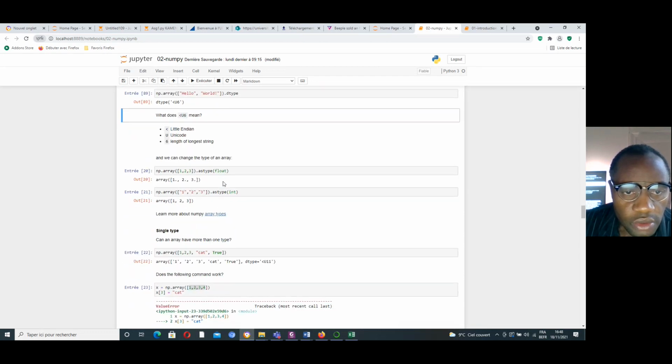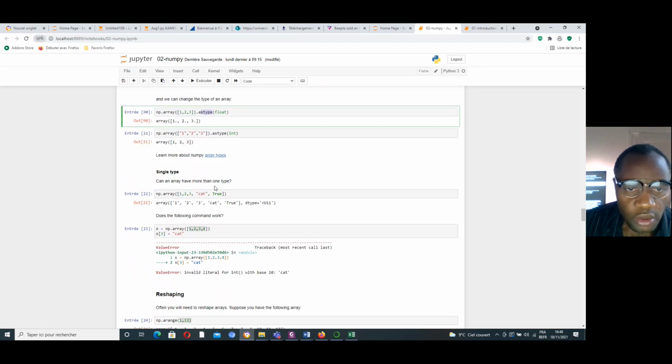Here we need to apply the function astype. Here's the float. When I execute it, I get this one. There's no problem. I can transform the integer to float easily with this function. Okay, great.